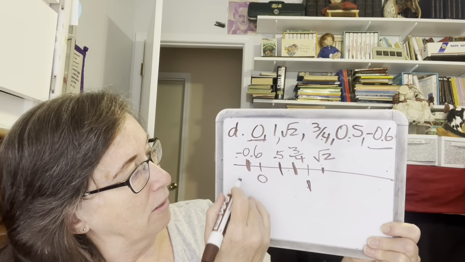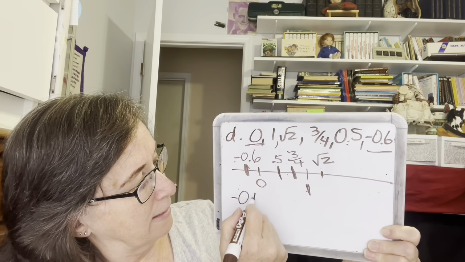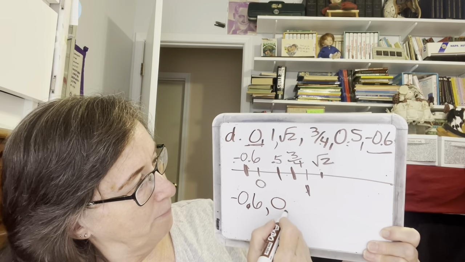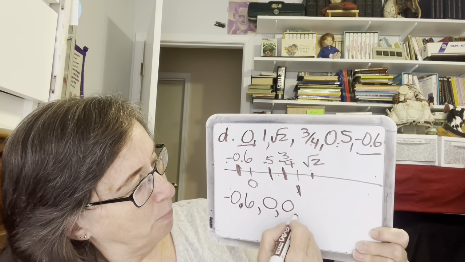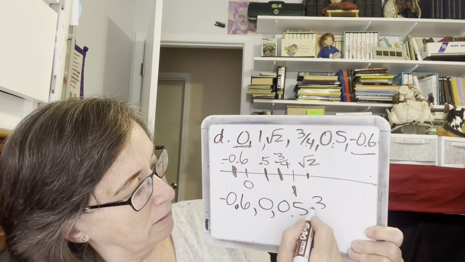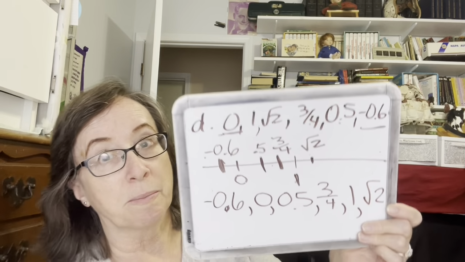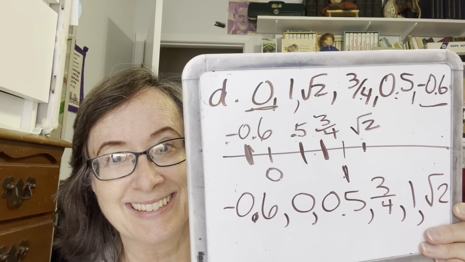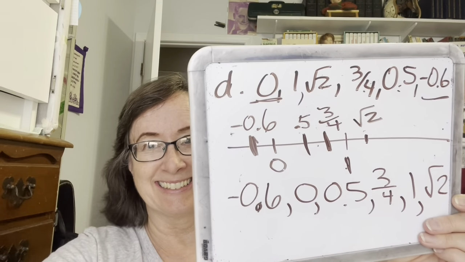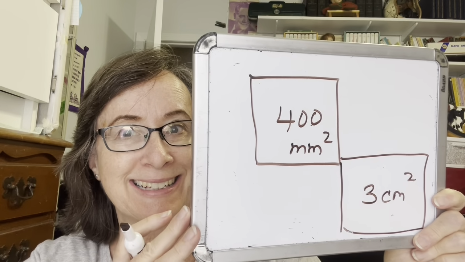So here we go. We're going to write negative 0.60, 0.5, 3/4, 1, square root of 2, which is about 1.4. Pretty easy. Okay, so now we're doing E, and in E and F, we have to find the side length